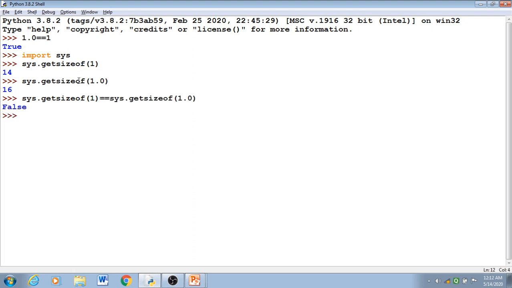It is giving false. 5 by 3 is 1, but 5.0 float division 3 is 1.0. That means the result is the same, but the sizes are different. This is important. Floating point number modulo operator, we can see